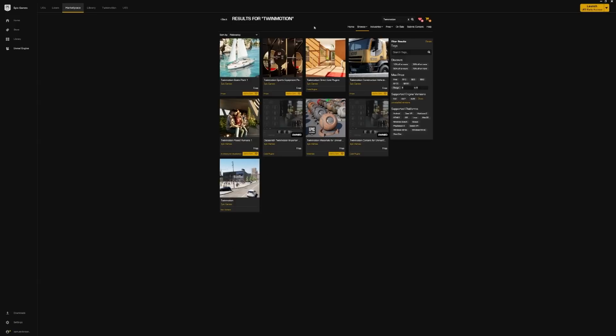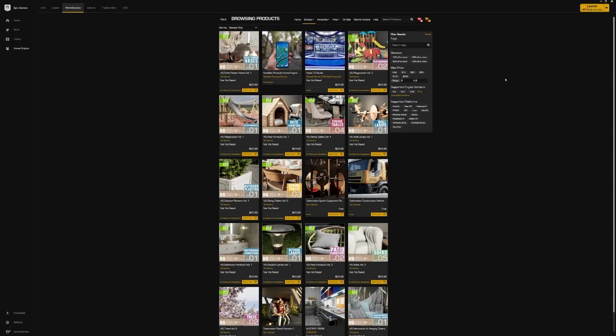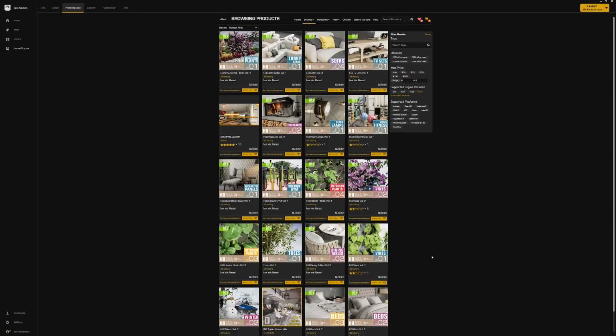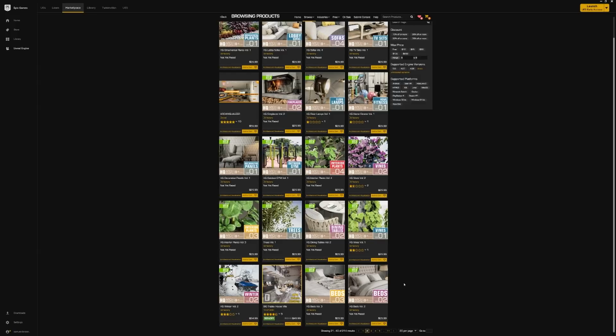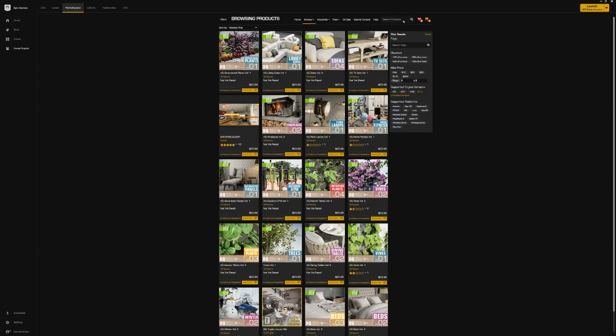Now I'm going to go back, and let's take a look at some other aspects of the Marketplace that could be helpful for us. I'm going to go over to the Industries tab and select Architecture. You'll see there's quite a large collection of assets and tools you can purchase. Now I'm going to go up to the Search Products tab again, and this time type Cesium.